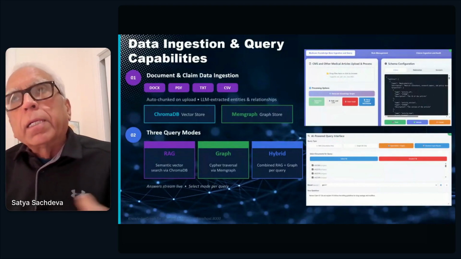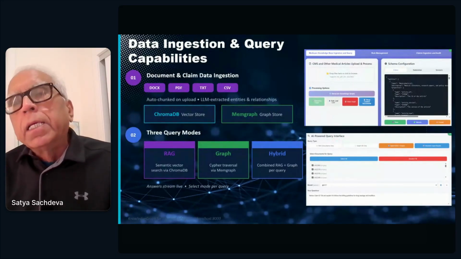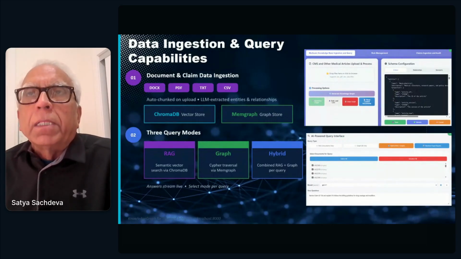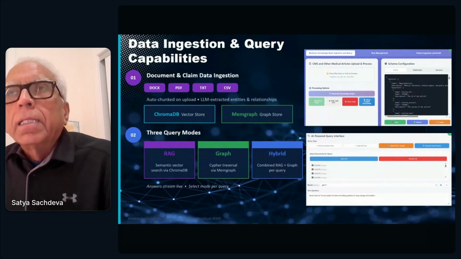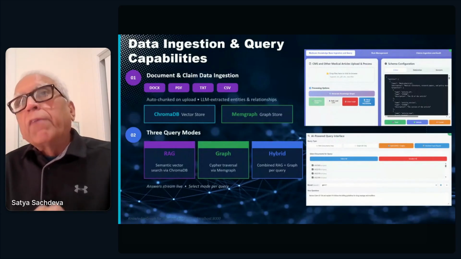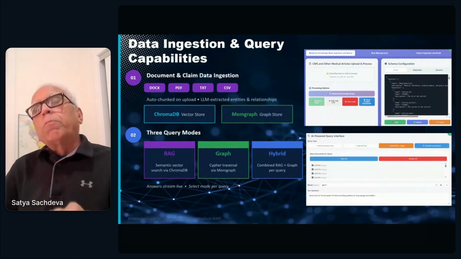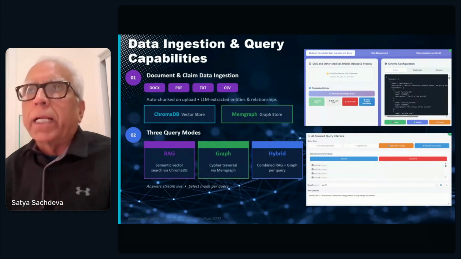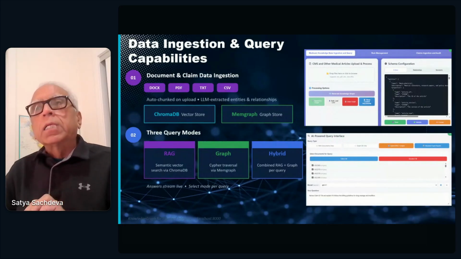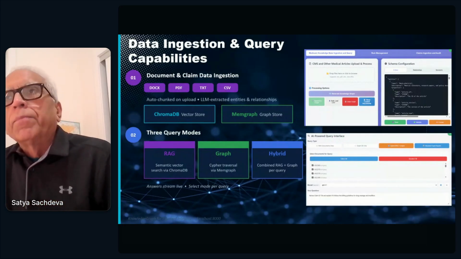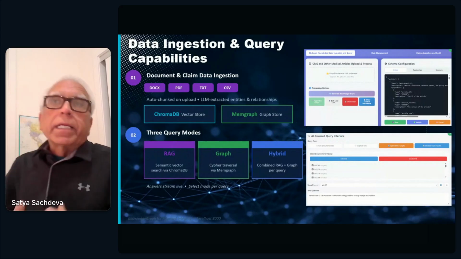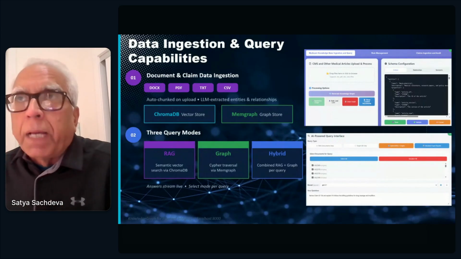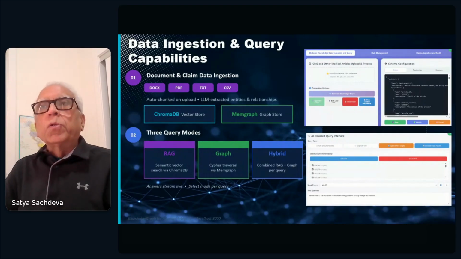so that earlier Doug was talking about explainability. Once, based on the rules, we find out that a claim is to be denied, then we need to show the reason. And for that reason, we need to go back to the actual document and bring out the text of that document on which we deny the claim. So that is a very critical point here, that we are using the graph database, Memgraph, to be able to